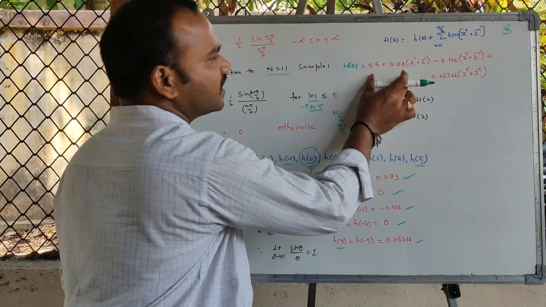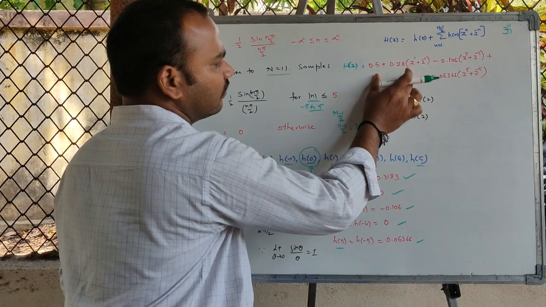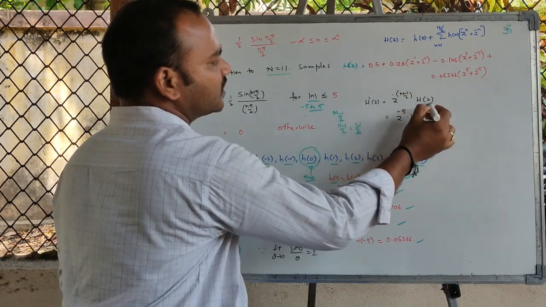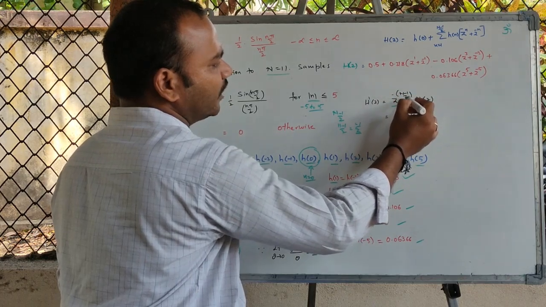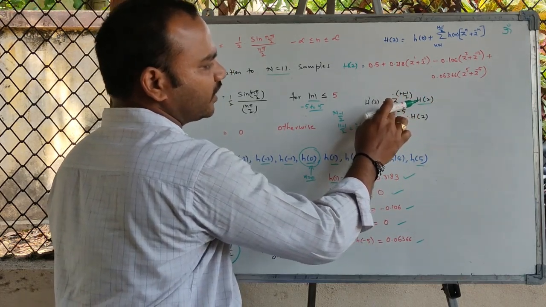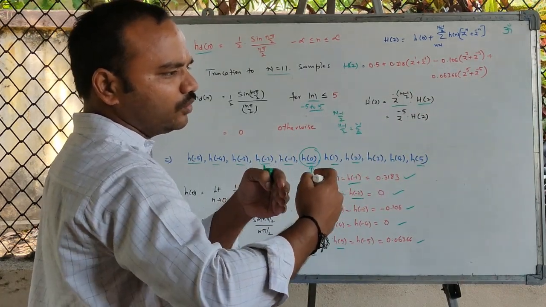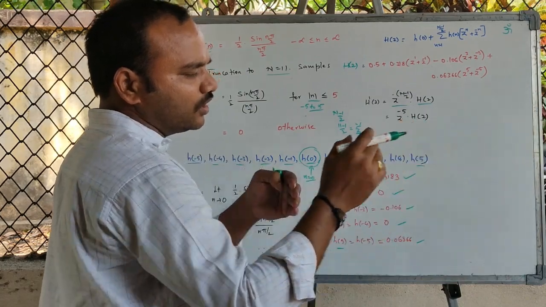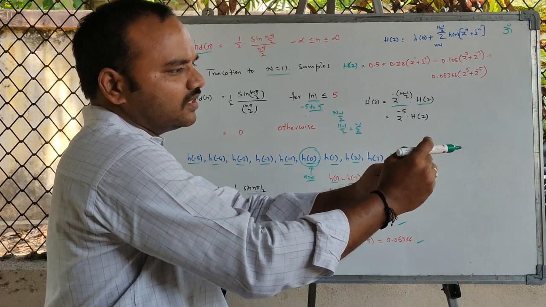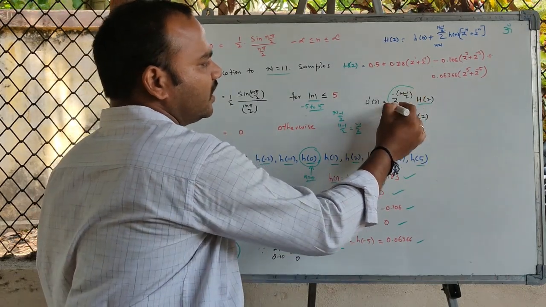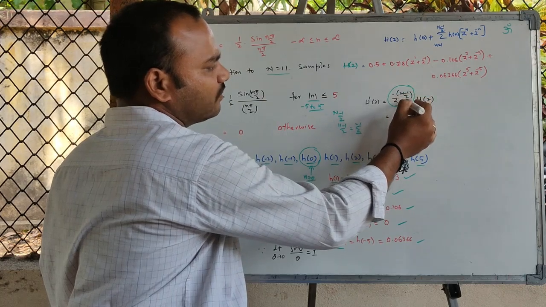Now, this one is a non-causal filter. In order to make this filter a causal one, we need to multiply this h of z non-causal filter with z power minus capital N minus 1 by 2. What will this multiplication factor do? As the filter response is from minus N minus 1 by 2 to plus N minus 1 by 2, we need to push the samples from minus N minus 1 by 2 to the origin. That particular task is fulfilled by this component z power minus capital N minus 1 by 2.